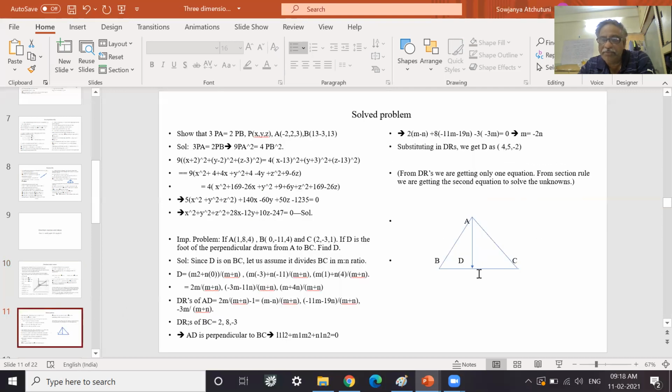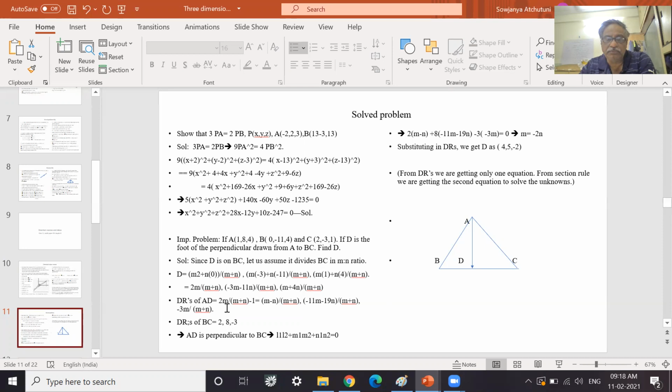if D divides BC in a ratio m is to n, so we get coordinates of D from B and C. So D dividing m is to n. So we got the coordinates of D as 2m by m plus n, minus 3m minus 11n by m plus n, m plus 4n by m plus n. Now, what is AD? Now we write AD direction cosines. A is 1, 8, 4 and D coordinates are these three. So from this 2m by m plus n minus 1. So 2m minus m minus n. So that is